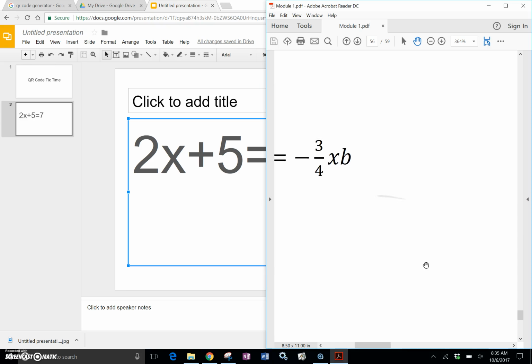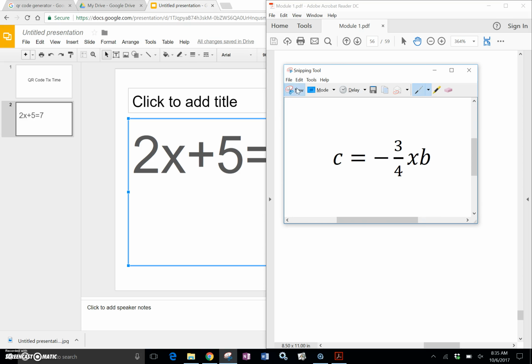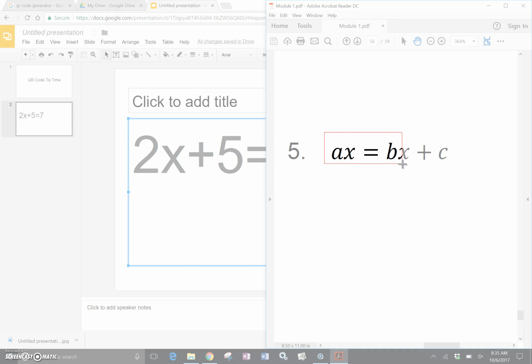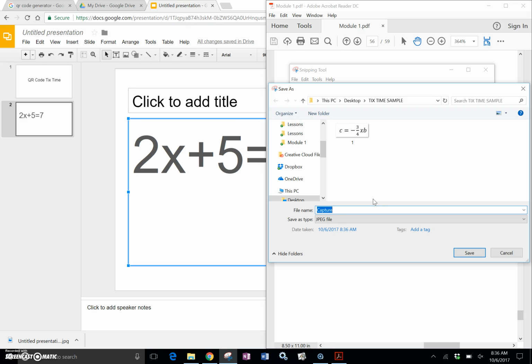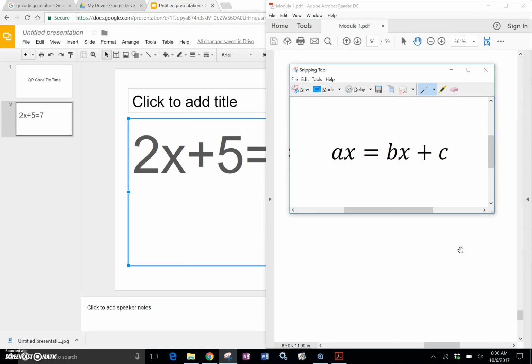Once you have a few questions, let me go ahead and grab the next question. Same idea, we hit snipping tool, hit New, select, and then hit File and Save, and it'll bring me right here. I'm just going to name this one 2. Okay, so once I have a few questions, and I do this for not only my questions but my answers,